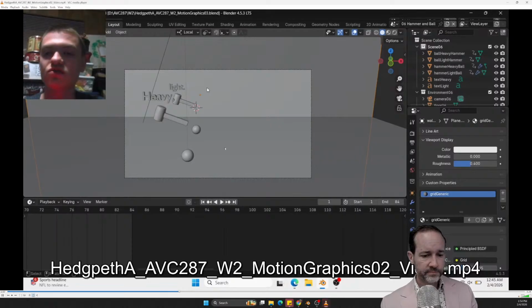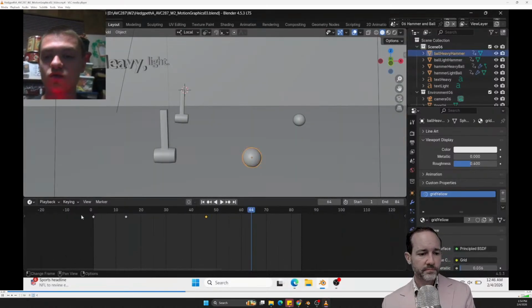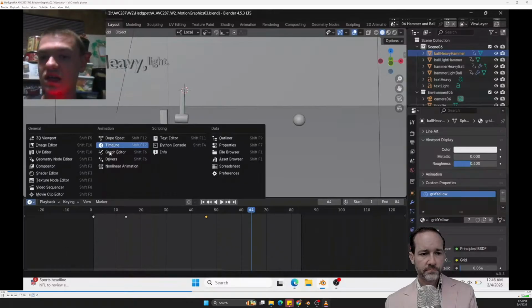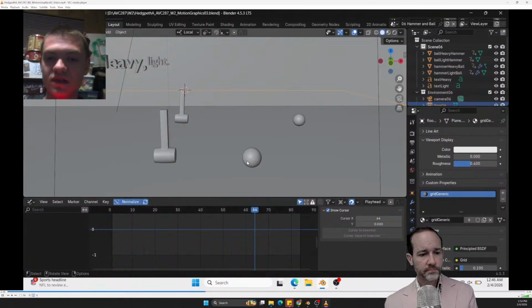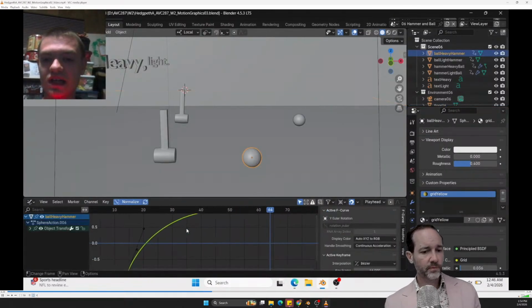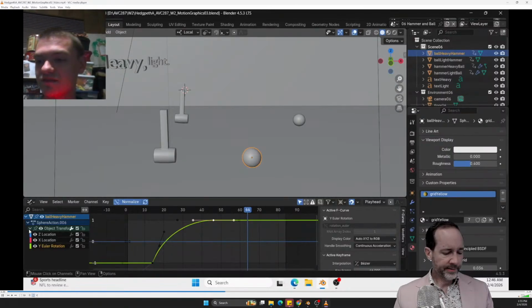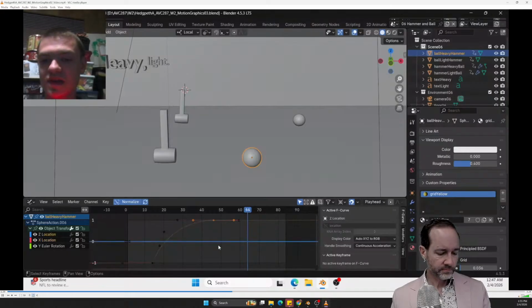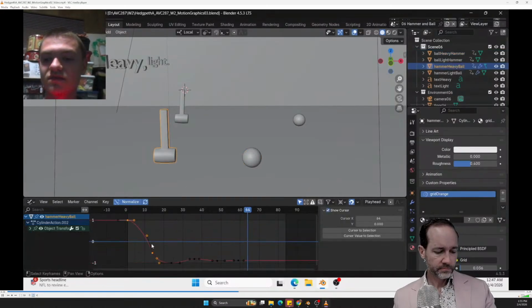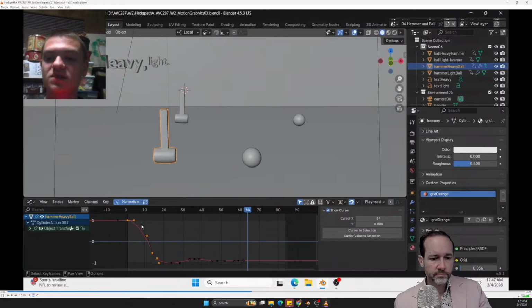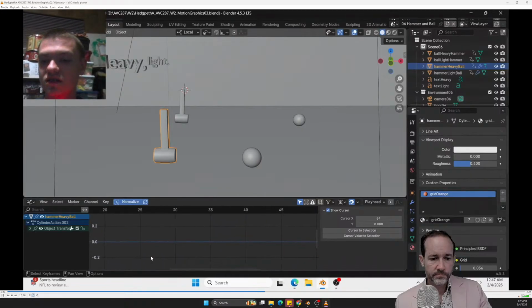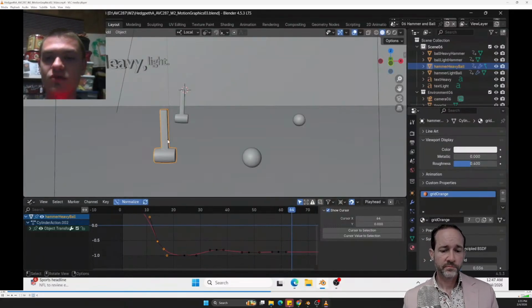I have here also animated that as well, and of course you can see here in the graph editor. Hopefully it'll load. For the ball, it gets hit. It's very fast at the beginning, and it slows down. And same with the rotation. And for the hammer, you can see it is dropped, eases in, then hits and loses some velocity here, and then bounces a few times.